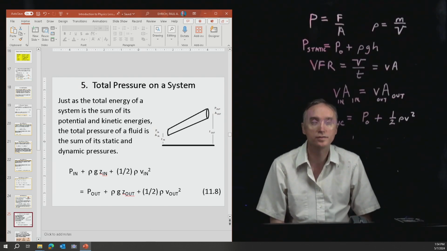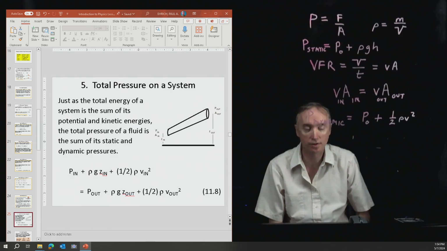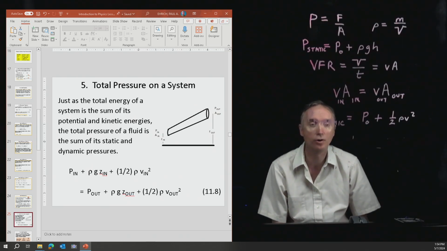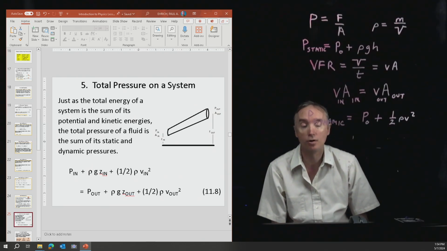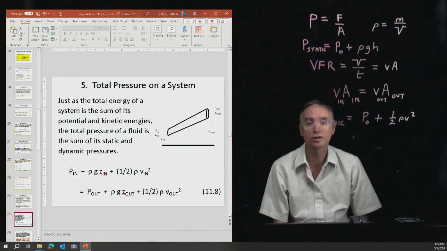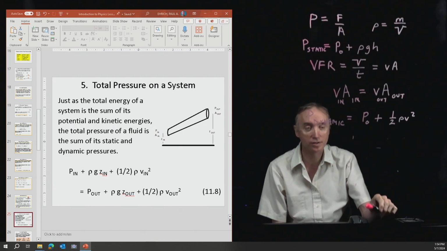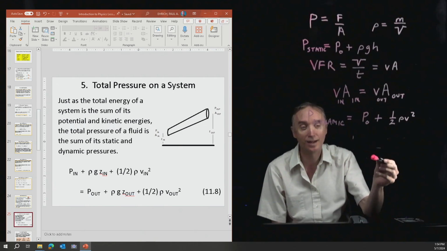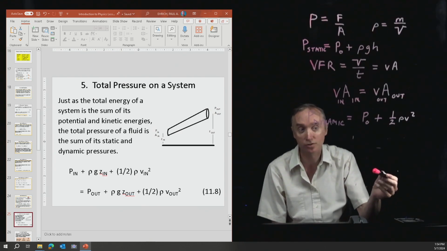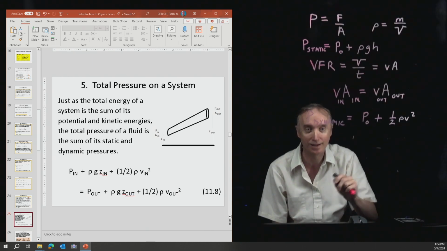Okay, so you can see that I added the dynamic pressure to our list of equations that we now know, and now we want to put it all together. Just as when we talked about mechanical systems, we said that any object is going to have both kinetic energy and potential energy,